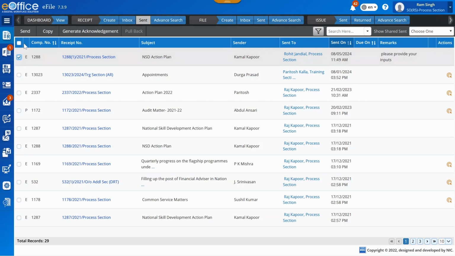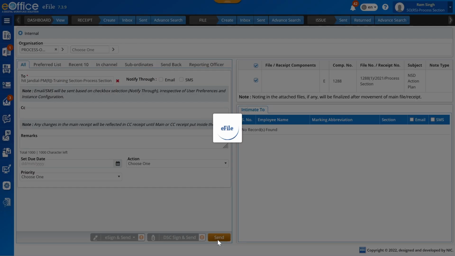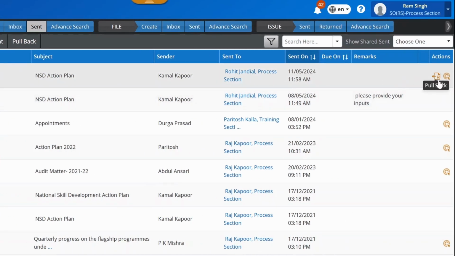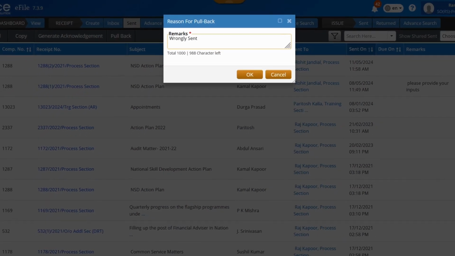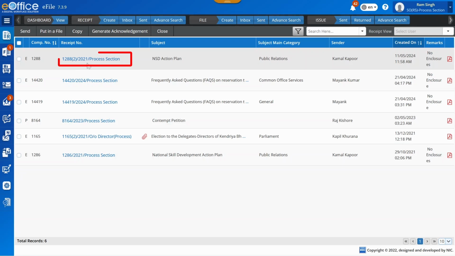Users can also mark receipts from their sent folder. But remember, since the sent folder contains only the list of receipts that have already been sent and are not with the user, the receipts sent from this location are designated as copies or CC, even though the forwarding or marking is done in the To field. It is worth noting that when receipts forwarded as copies from the sent folder are pulled back, they return to the created folder. All receipts sent or forwarded from any folder can be viewed in the recipient's receipt inbox.